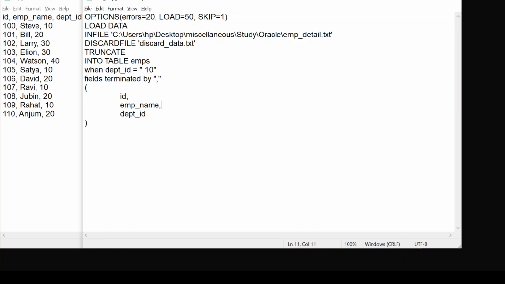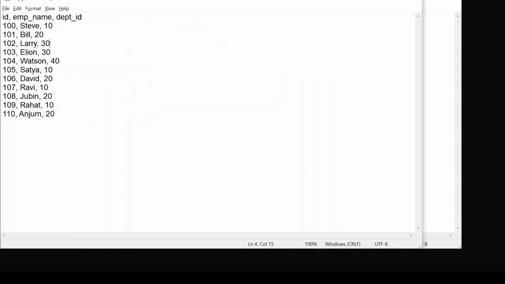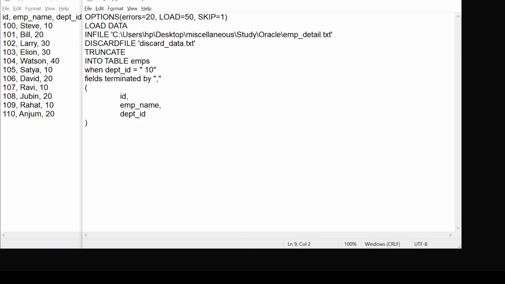The rest of the records will not be loaded. And the other is fields terminated by comma, meaning as we have seen in the data file, we have separated all the fields by comma. So in the control file we specify that fields are terminated by comma.